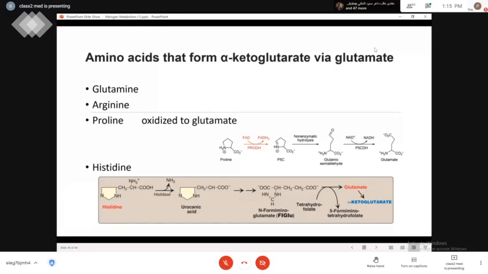الارجينين can remove the additional amines and goes to the ornithines, والornithines by transaminases ممكن يتحول الى الفا كيتوجلوتاريت. Two complex form of amino acid, the proline and the histidines, both can be oxidized through a complex steps. أنا ما أطالبكم these steps of converting, but just that the histidine can be converted to glutamate and ultimately وبالنتيجة راح يتحول إلى ألفا كيتوغلوتاريت. هاي اللي أريدك تعرفها. أما structures وشون يتحول